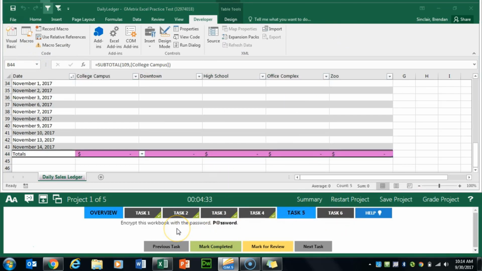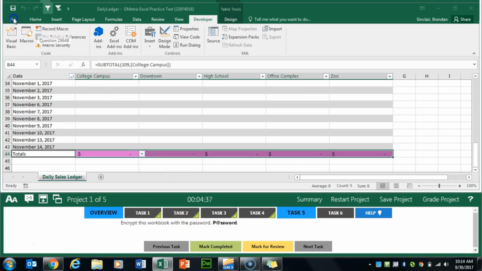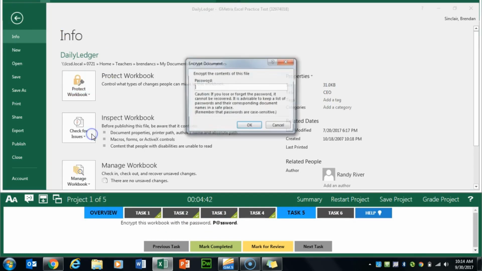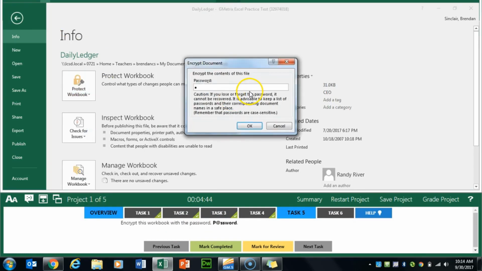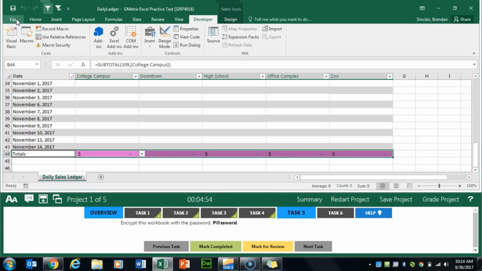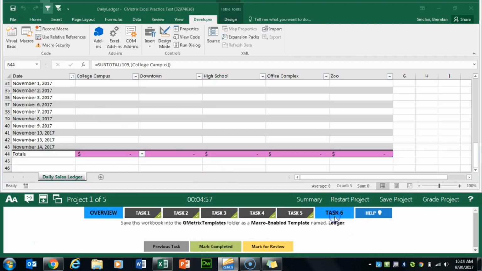Task 5 asks us to go ahead and encrypt this workbook with the password. So we'll go ahead and click File, Protect Workbook, Encrypt with Password, and we'll go ahead and type that in. All right, we can go out of the Backstage view. We'll click Mark Completed. And Task 6 asks us to go ahead and save this workbook in our GMetrix Templates